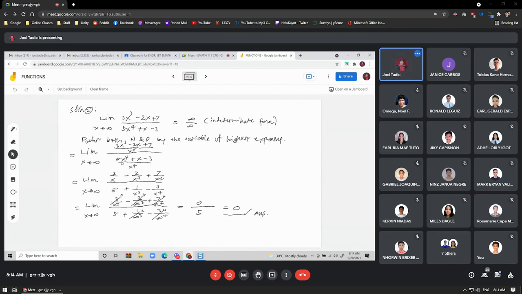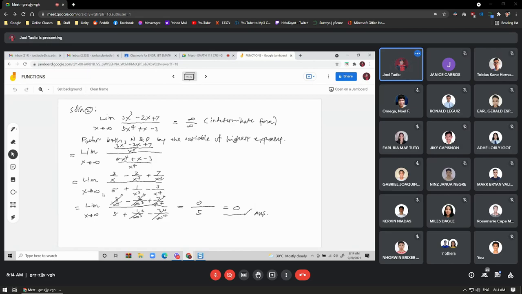Then the numerator becomes 3 over x minus 2 over x cubed plus 7 over x to the power 4. Then all over 5 plus 1 over x cubed minus 3 over x to the power 4 as x approaches